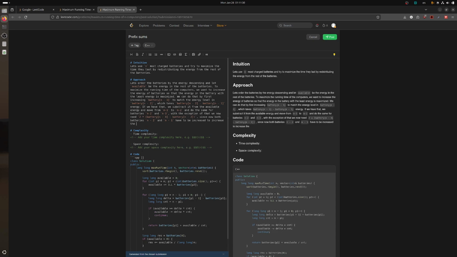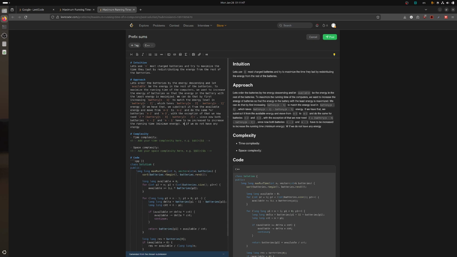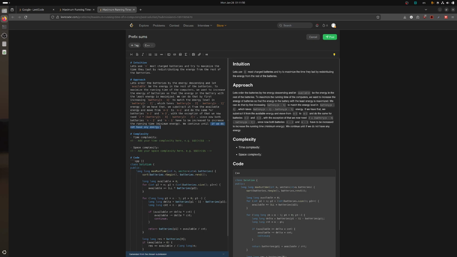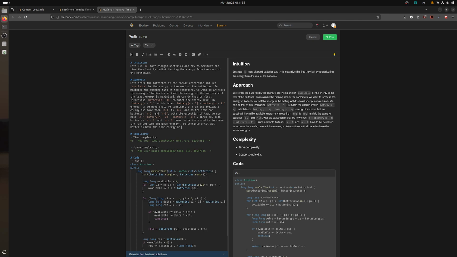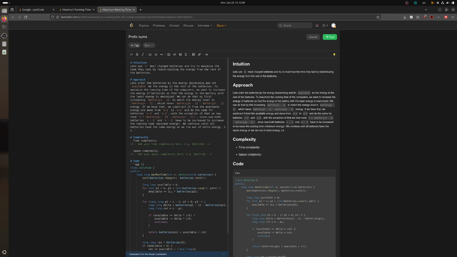To increase the running time minimum energy. If we do not have any energy, we continue until all batteries have the same energy or we run out of extra energy,